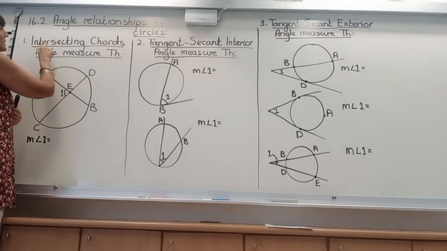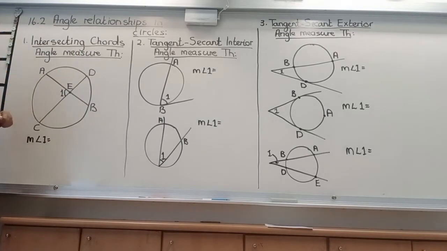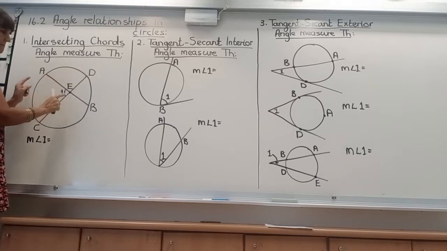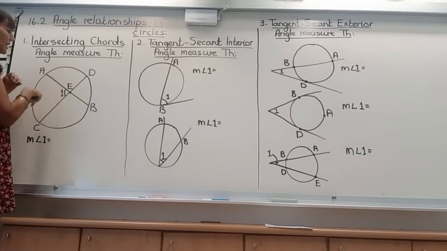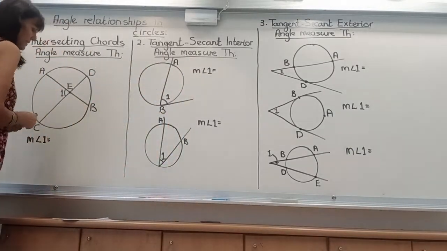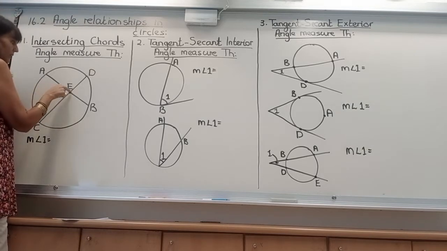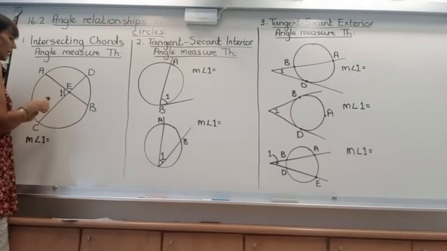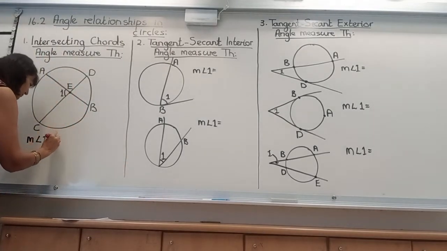Right, with the intersecting chords angle measure theorem, we're going to see chords clearly. A chord intersecting a chord, we want to know what is the size of this angle. And there's a theorem going. This theorem says that if I want the size of this interior angle right in the circle, I'm going to say a half of,